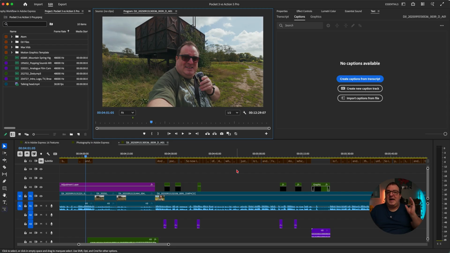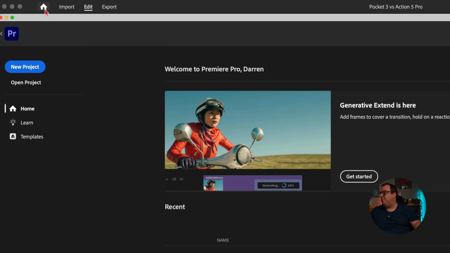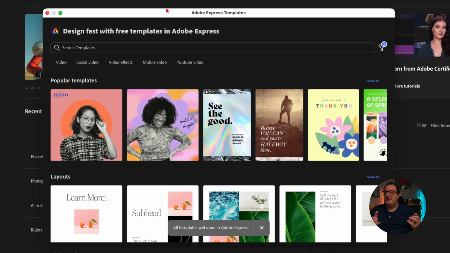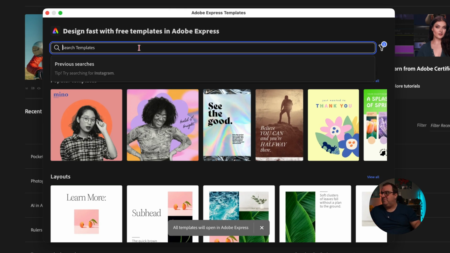So you've just finished editing your video in Premiere Pro and you think to yourself, I need to do a thumbnail. So you're going to come over, click on the home button, and underneath the home button, there's this new built-in integrated templates button. And this is going to allow you to pick and choose and select from one of the many templates